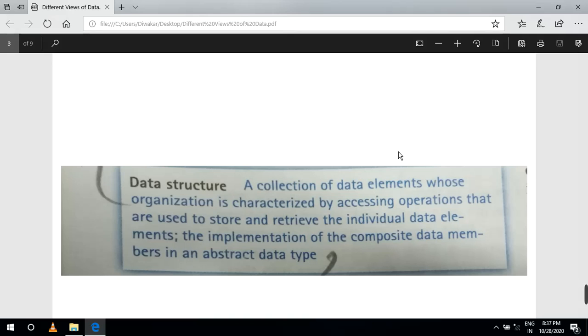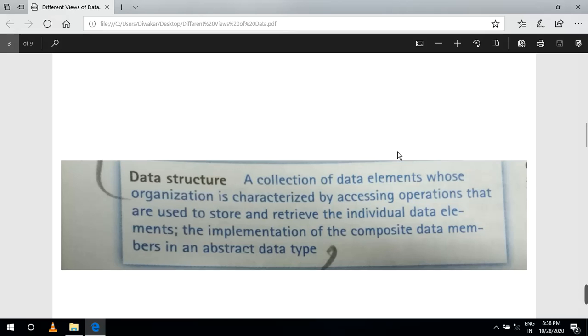Composites mean records and arrays. Data structures involve storing, accessing and manipulating data, and the data is stored in memory.